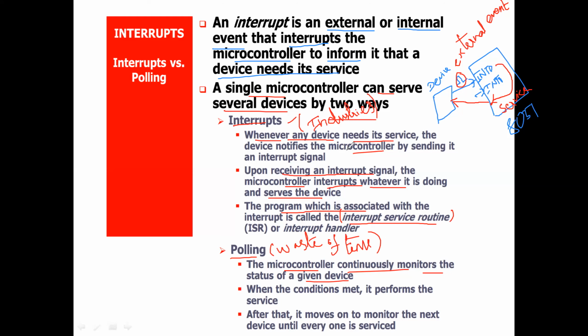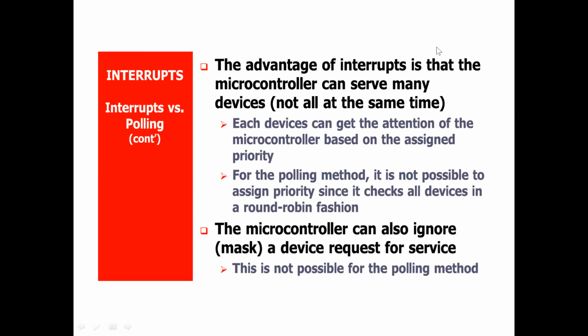If there is any interrupt signal, the controller will service the set of programs required for that service. Everything should be loaded in the controller as programs. So this is mainly the interrupt. The advantage of interrupts is that they can serve many devices, and we can reject some others if the controller is doing the main task. You can disable some of the devices' requests also. That is possible with the interrupt concept.